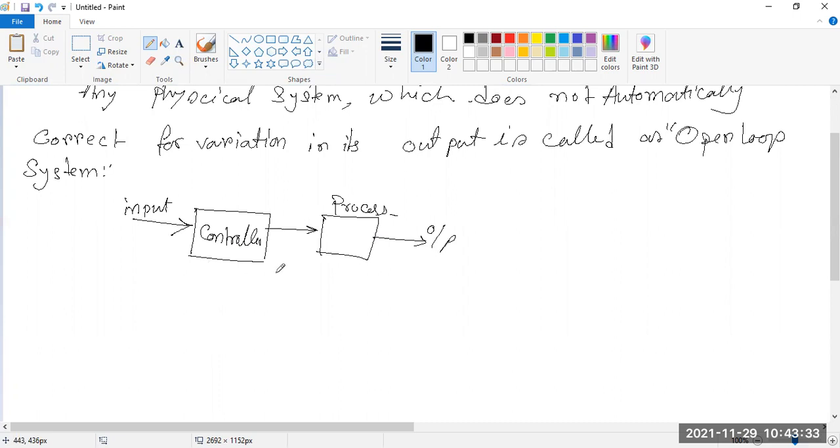Okay, so the output is not controlled after taking feedback. It just controls the flow of input at the initial time, and it goes as it is. Say I am giving you some example, you can understand. Say your bread toaster, a normal bread toaster,